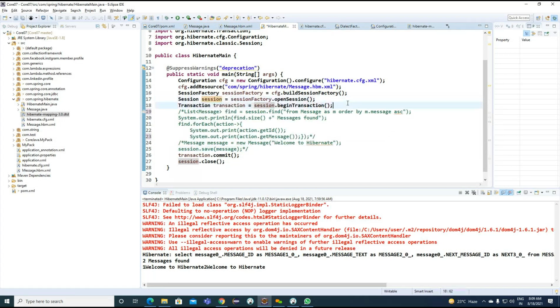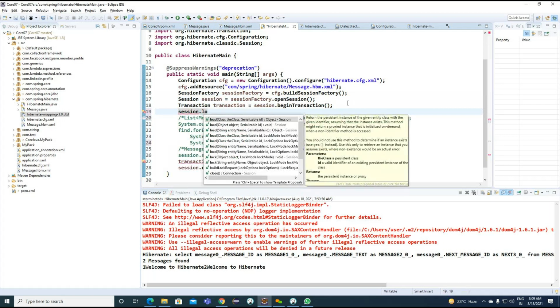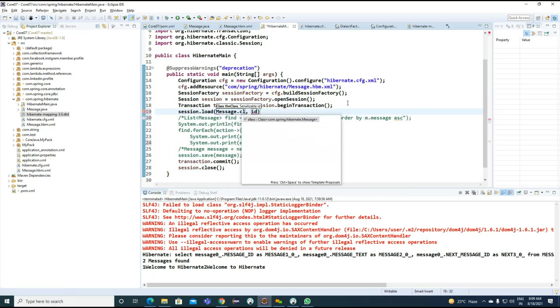With the help of this particular session dot load, what is the class we are trying to load? The class here is message dot class and ID